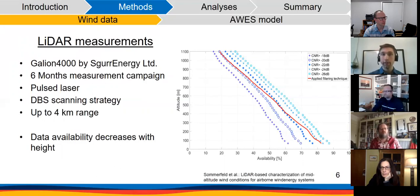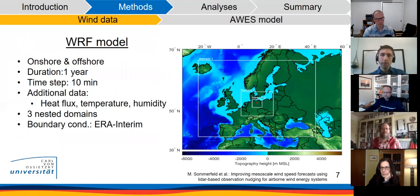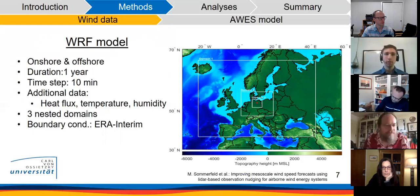That being said, there are lots of other factors that still affect this, such as weather phenomena, cloud coverage, fog, and so on. Now, to overcome this limitation, I worked with the University of Oldenburg, who let me run mesoscale numeric weather research and forecasting models, in short, WRF model, on their supercluster. There we ran onshore and offshore WRF simulations with a duration of 1 year at a temporal resolution of 10 minutes, or at least we got data at a 10-minute temporal resolution, and therefore received a complete set of wind data. But in addition, we also got heat flux data, temperature and humidity, and so forth, which we then used